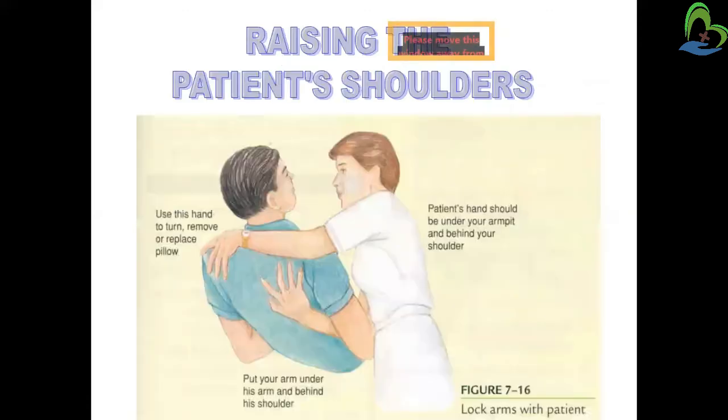Next, that is raising the patient's shoulder. So how can we assist the patient in rising from the bed? We can support with one hand on the person's back area and the other hand placed over the person's shoulder area. So we can lift the whole body weight of the particular client and easily raise them from the bed. So from the shoulder and back side, we can raise the patient in the bed itself.